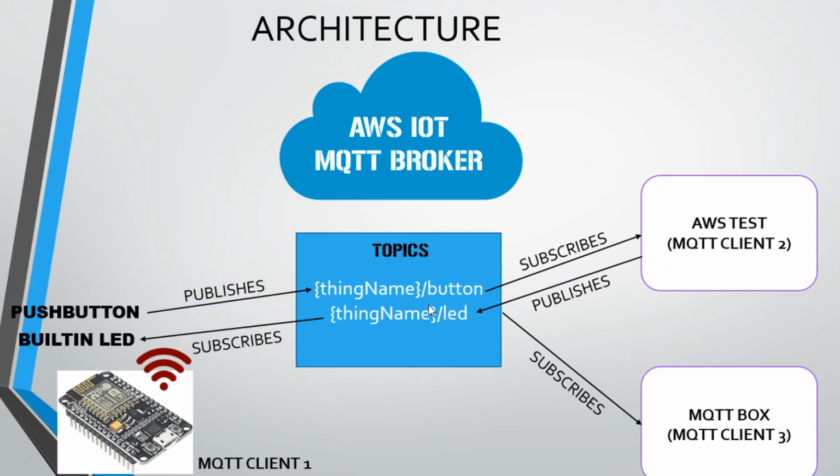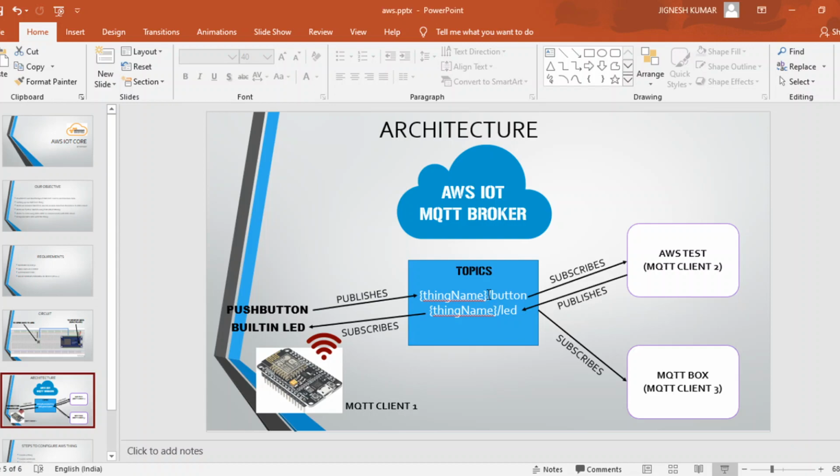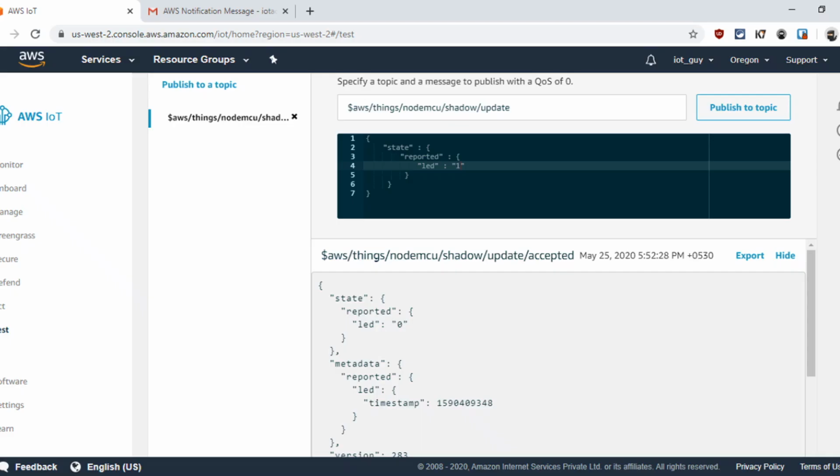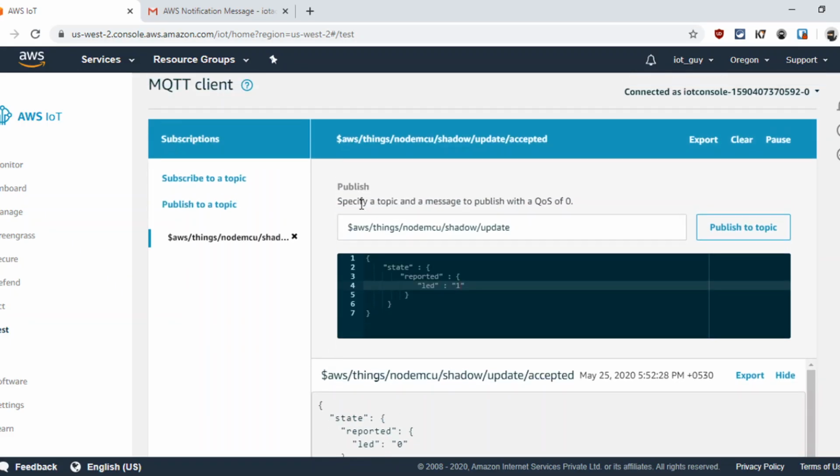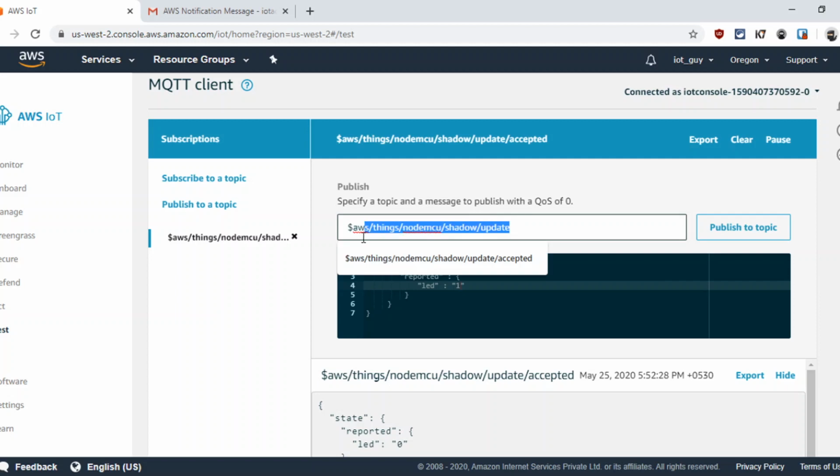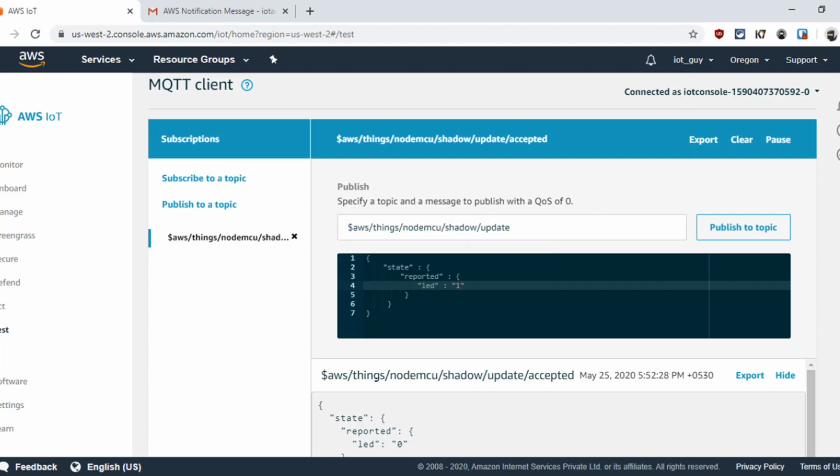This topic is quite simple, but if you look at the topic in this client, it is not that simple. It's $aws/things/NodeMCU/shadow/update. So what is this topic, and why am I subscribing and publishing data to this type of topic?